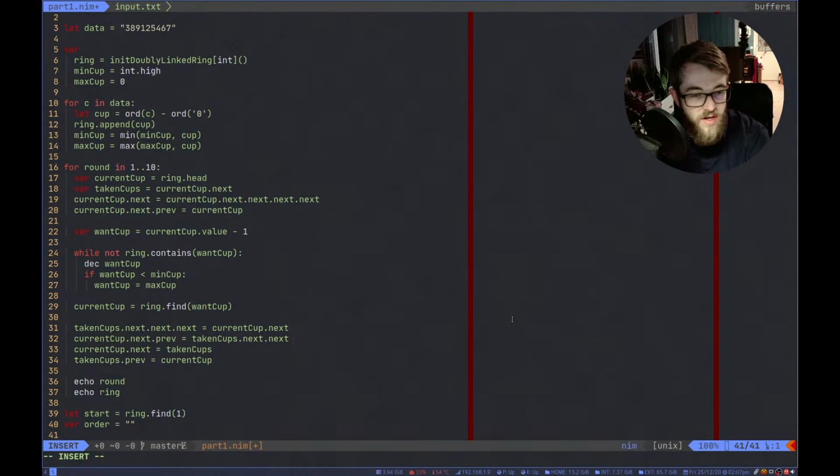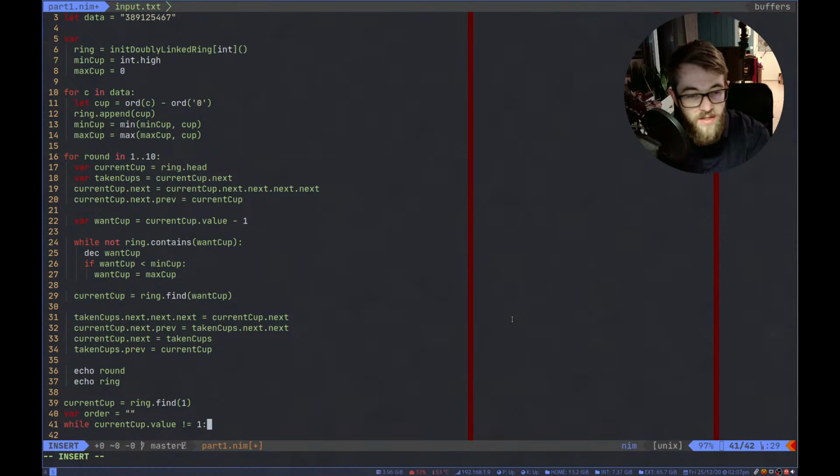order just to be an empty string, and then while, let's call this something else. This is going to be just current. Whatever, we can just reuse the current cup variable there. And while the current cup's dot value is not 1, so as long as we haven't gone back to the start, we go to the next one,